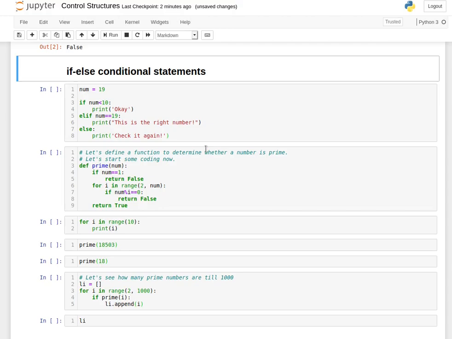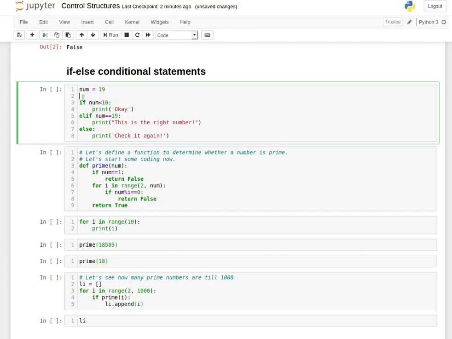These are used whenever you have to execute some statements on the basis of a certain condition.